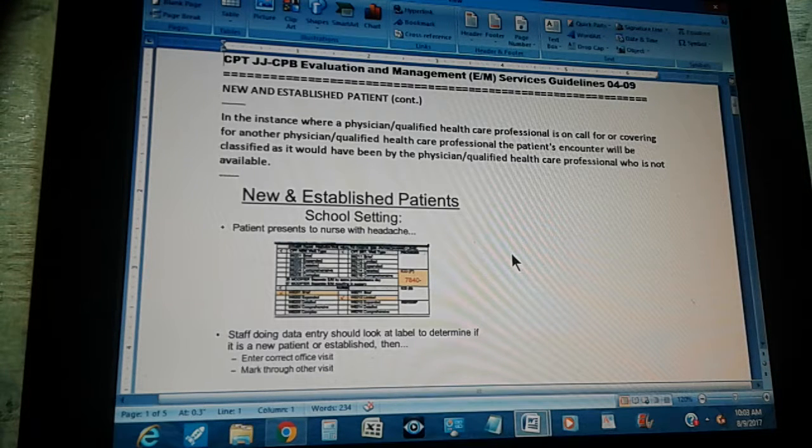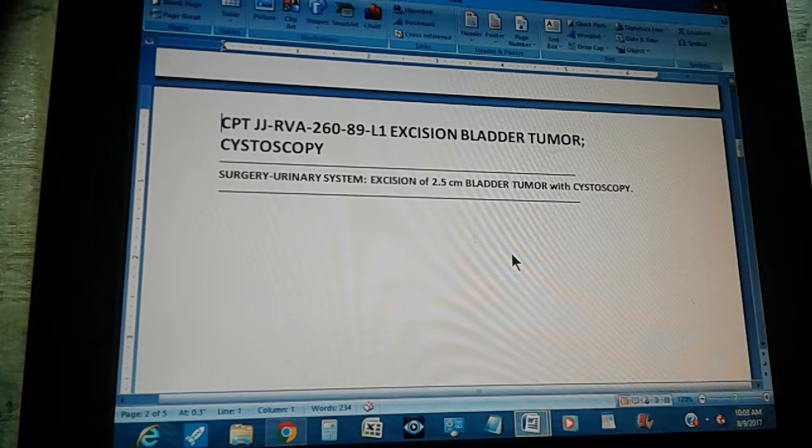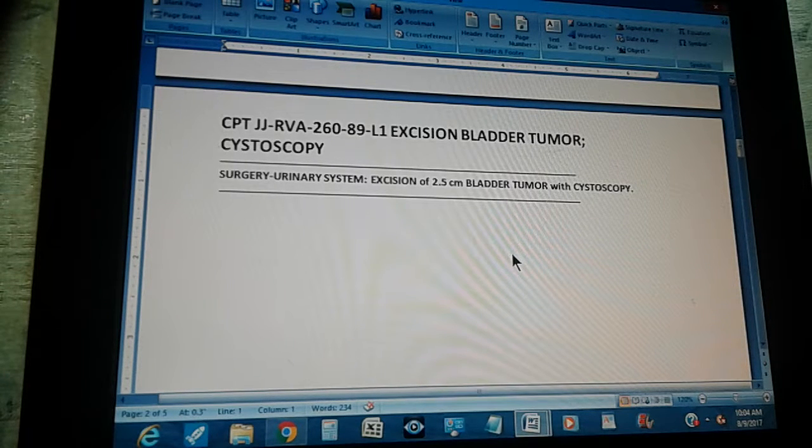And now we're going to do a problem. So ready, set, go. The problem is CPT, page 260, exercise 89, and this is a level 2. It's a level 2 because there's a little difficulty there. Level 2, excision, bladder tumor, cystoscopy. Okay? So the problem reads: